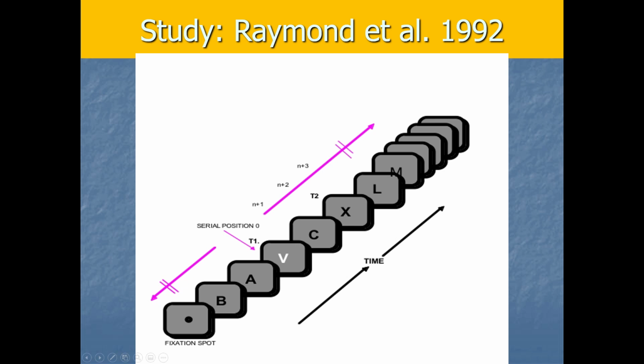So at the start of the trial, the person's just looking at a fixation point, so we know that they're paying attention to the correct part of the screen. That's when it starts. We get this stream of letters going by really fast, not all of which are displayed here. There would be a bunch of letters. So the crossing out means there were a bunch of letters before B and then A, but then here we get a letter in white, okay?